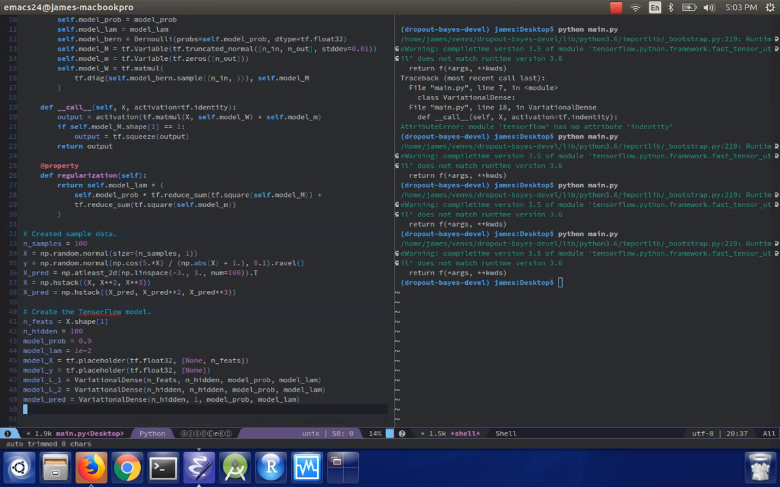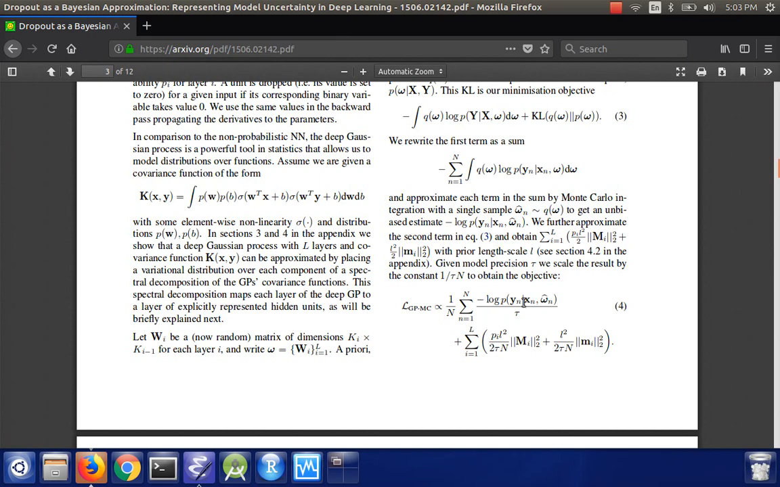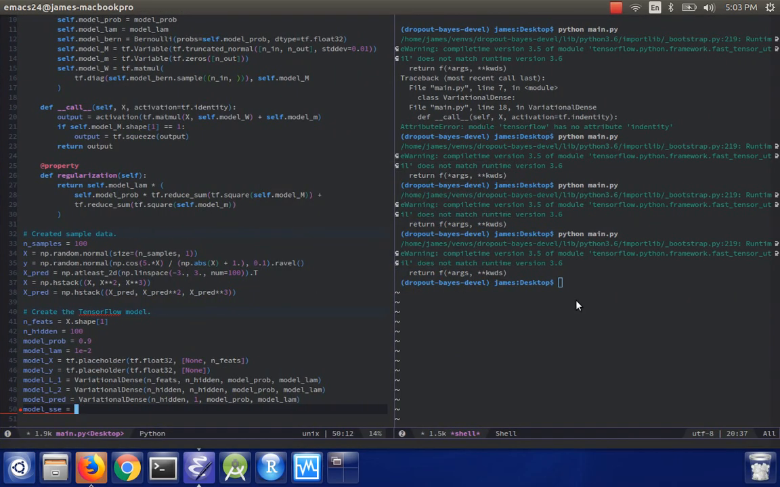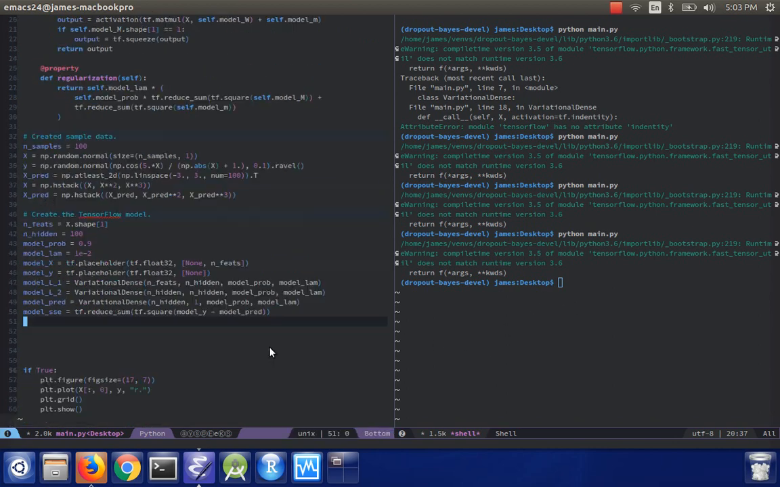All right. So here I might define the model sum squared error, which is, in this case, basically the negative log likelihood for the regression case. So tf.reduce_sum, tf.square, and then model y minus model pred. And then we'll do model loss equals